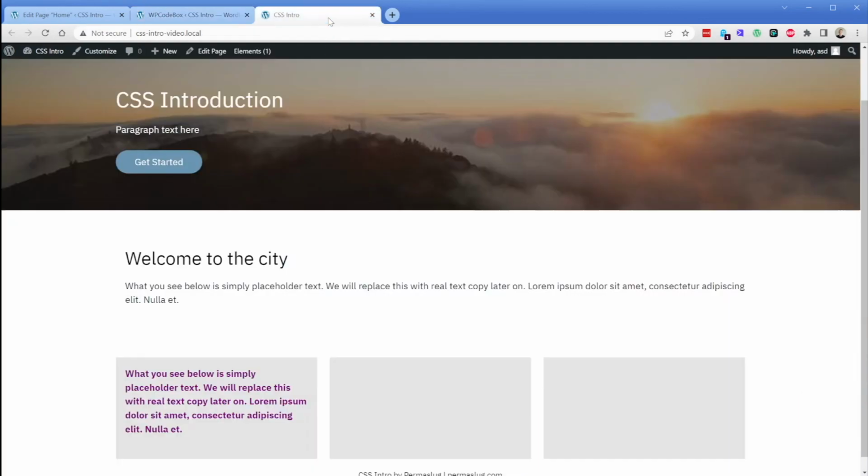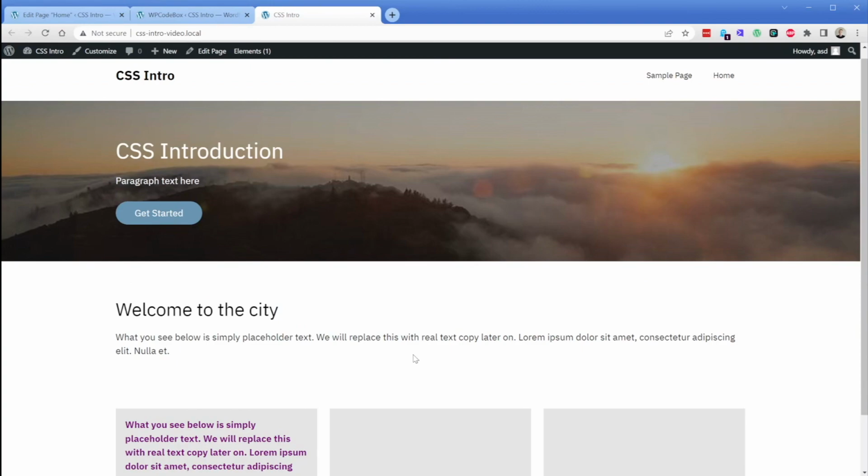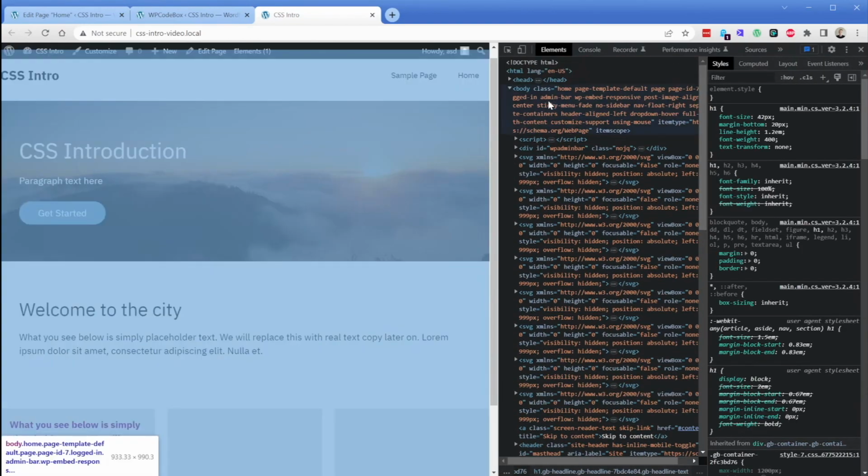So now that you understand the difference between IDs and classes, what I want to do is show you a pretty cool feature that exists in WordPress. You might have used this before if you've dabbled in CSS, but this is an example of looking at classes and how to apply styling. So if we go take a look at the homepage of this site, I'm going to right click and go to inspect. Then if I scroll all the way up here, when I get to the actual body